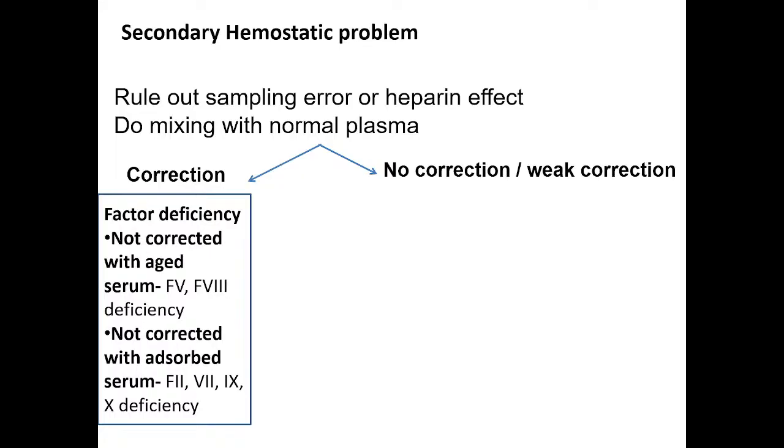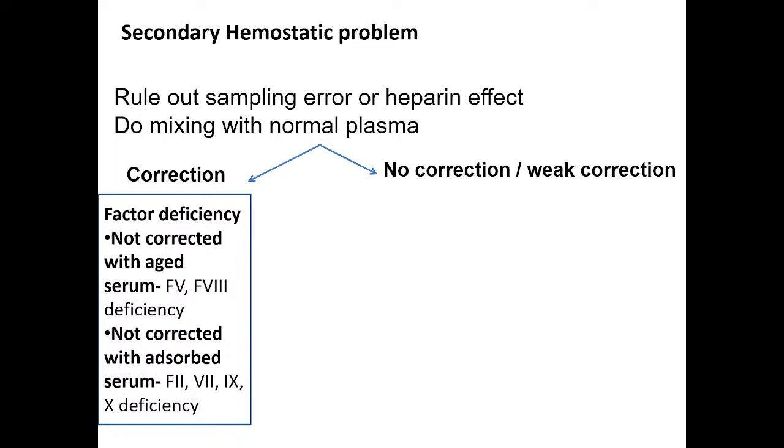कोई भी नहीं? सब फैक्टर होंगे ना नॉर्मल प्लाज्मा में। और जो पेशेंट का प्लाज्मा है, सपोज उसमें हीमोफीलिया का पेशेंट है, ए फैक्टर 8 कम होगा, ठीक है। अब दोनों को मिक्स कर दिया तो इसमें फैक्टर 8 है, इसमें नहीं है, दोनों को मिक्स कर दिया तो इसकी कमी इसने पूरी कर दी, तो हो गया करेक्शन। इसलिए इधर करेक्शन हो रहा है। फैक्टर डेफिशिएंसी में कोई भी फैक्टर की कमी होगा तो वो करेक्ट कर लेगा। क्लियर है ना? तो उसमें एपीटीटी रिपीट करेंगे हम करेक्ट करने के बाद में, तो वो करेक्ट हो गया।